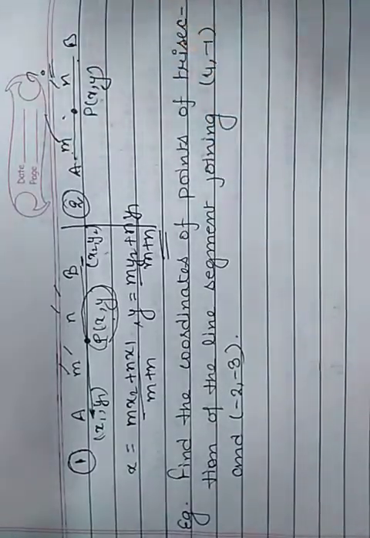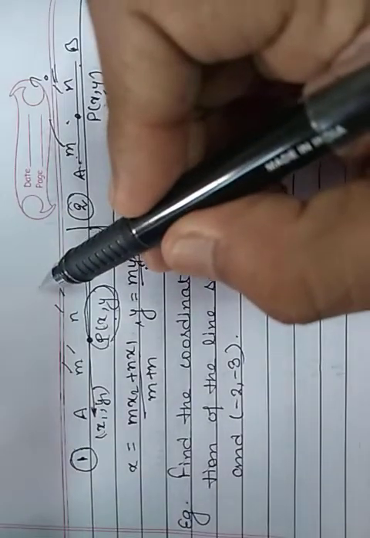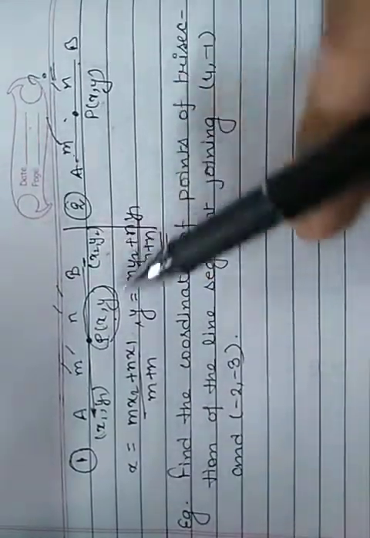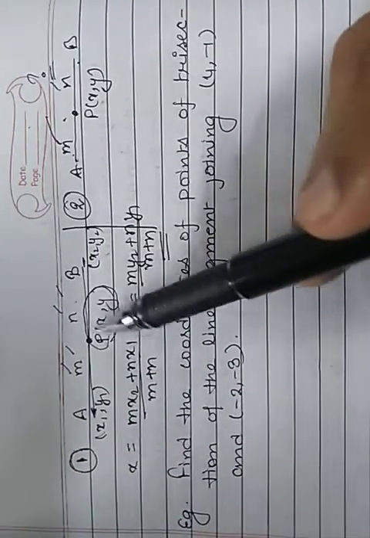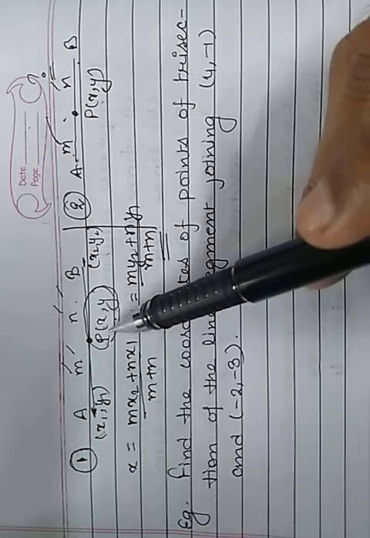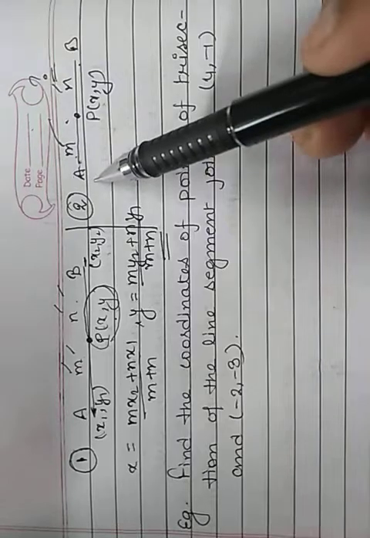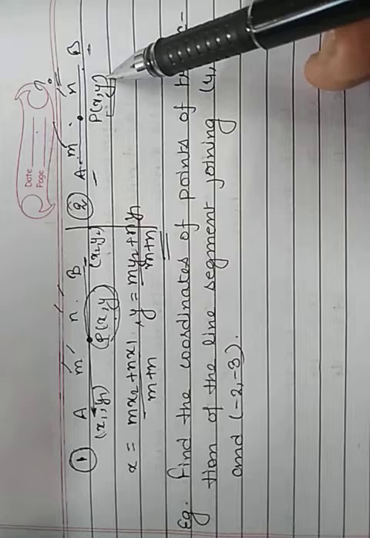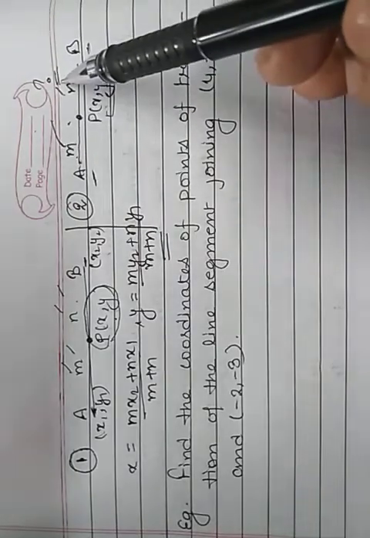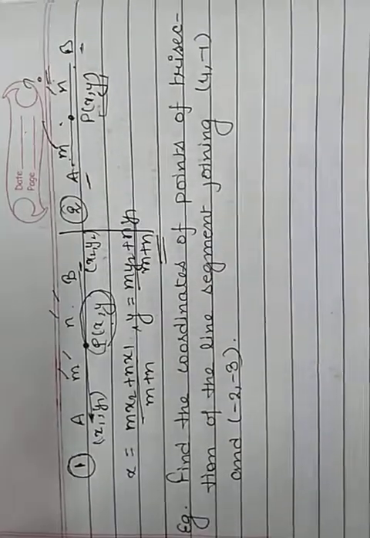So whenever you have a question on coordinates, just see whether it belongs to either of these categories. If the coordinates of A and B are given as well as the ratio, and we have to find the coordinates of this point P, x and y, this is the first category. In the second category, the coordinates of A and B are given, the coordinate of P is also given, and we have to find the ratio. Then we will use another approach. So here we will solve some questions.